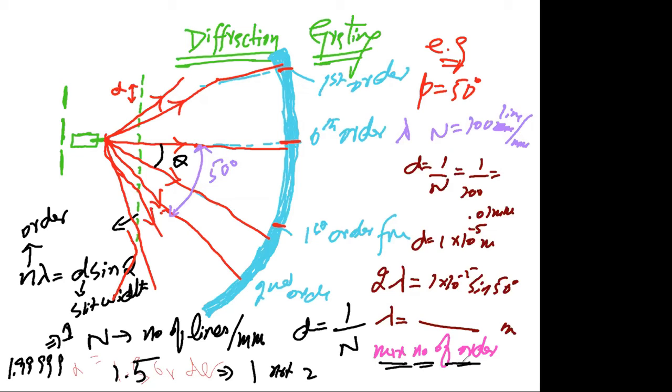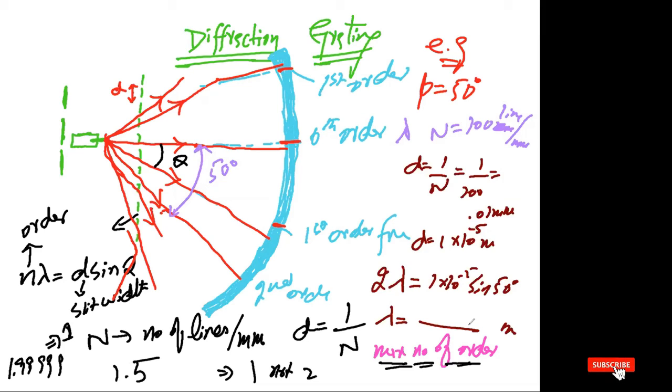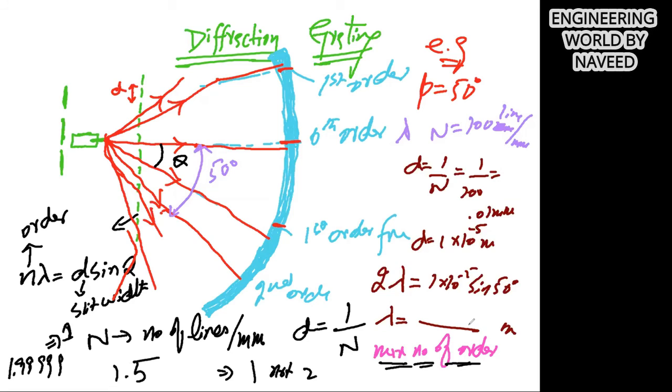Oh, I get it. And what does order mean? Like first order, second order. Does it mean path difference? So first order path difference is lambda over 2. Second order path difference is lambda. Third order, it is lambda. Wait, third order is 3 lambda over 2, right? Yes. Wait, are you sure I'm right, or am I saying it wrong?